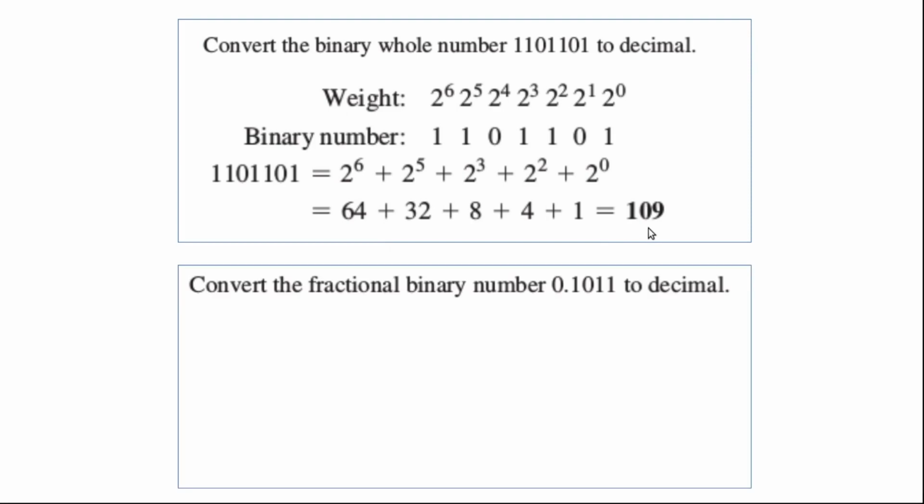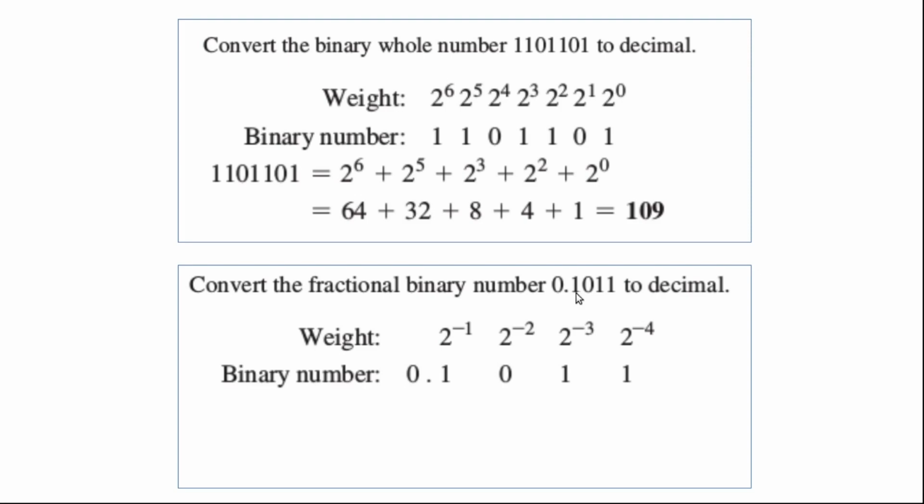Now the next question is to convert a fractional binary number 0.1011 to decimal. We would use the same method. We'll write down the weights first. For the positions on the right of the binary point, we know that the weights are 2 to the power minus 1, 2 to the power minus 2, 2 to the power minus 3, 2 to the power minus 4. Now the given number is 0.1011, and hence I can write the given number as 1 into 2 to the power minus 4